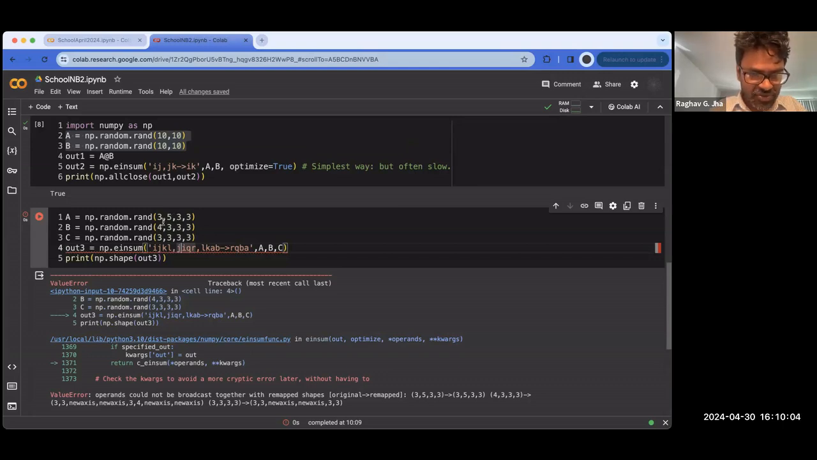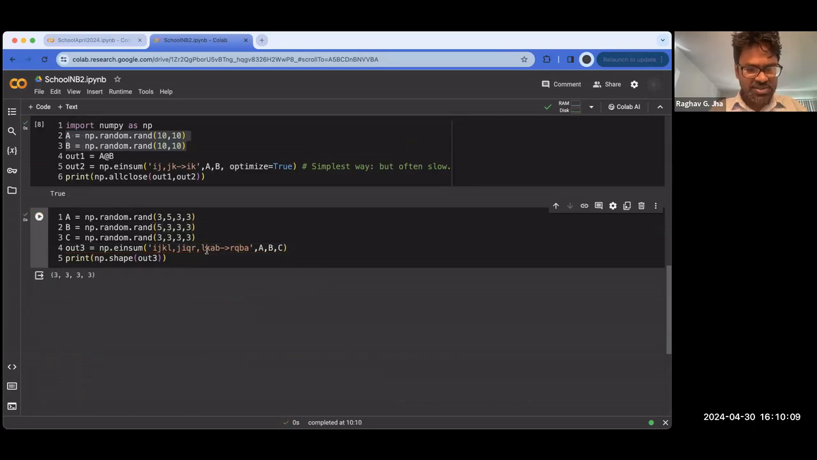So for example, let's change this to 5. And then it's happy and it gives me a contraction, and I get the same rank 3, right? So this is a simple example of tensor contraction. We'll be using a lot of these things